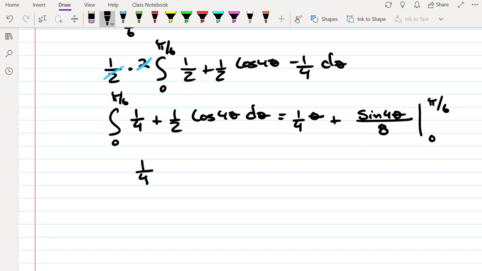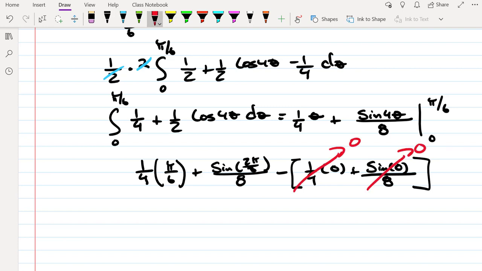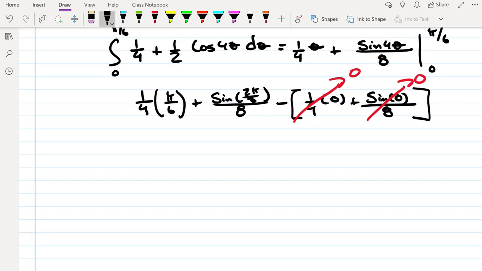That gives us 1/4 times pi over 6 plus, since pi over 6 times 4 is 2 pi over 3, the sine of 2 pi over 3 divided by 8, minus plugging in 0, where we get zeros all around because the sine of 0 is also 0. So we get pi over 24